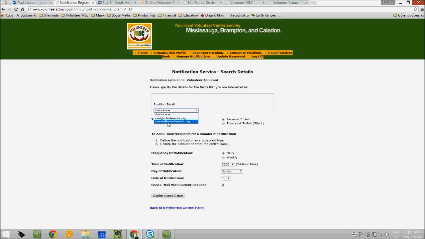It could be Perera@volunteermbc.org. So you could click on that individual as well, and then click on broadcast email, and the notifications will go to that particular person as well, even though that person does not have a login to our system. And this email is ported or absorbed from the emails that are available in the already posted volunteer opportunities.